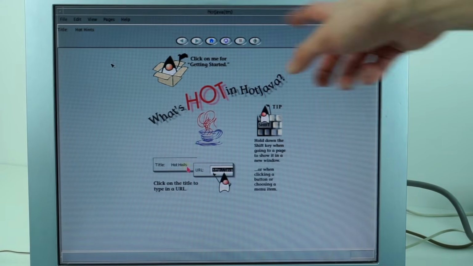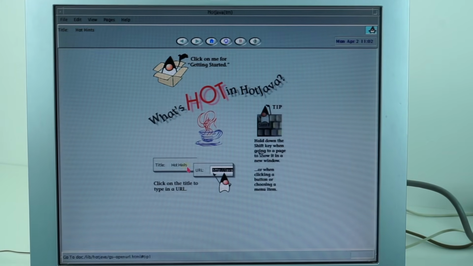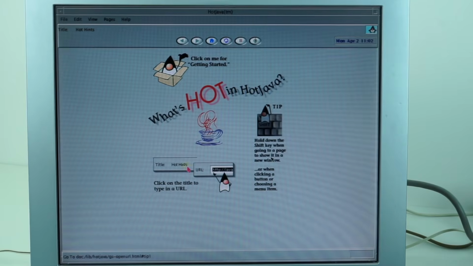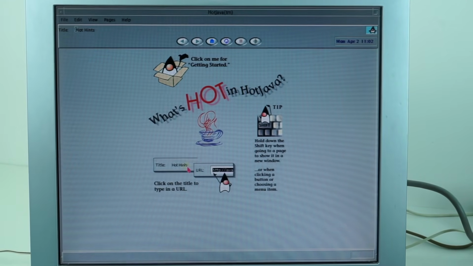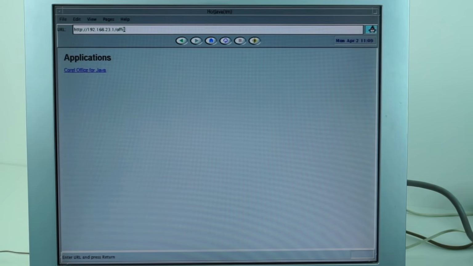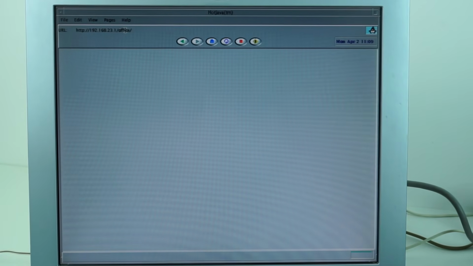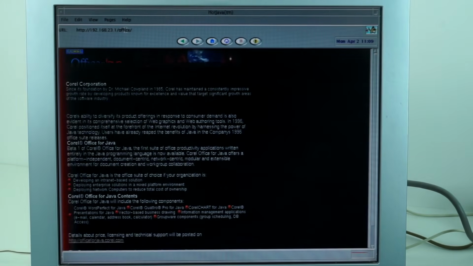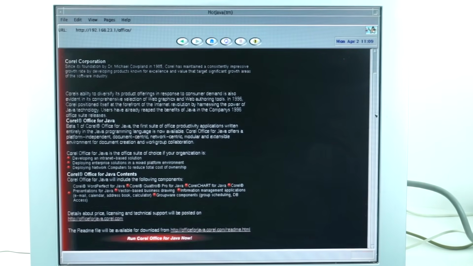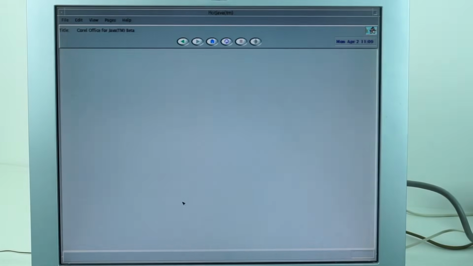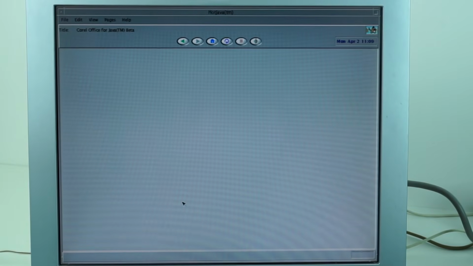Sun's Java OS was an embedded system based on a Java virtual machine that ran Java applications across a network. The Java platform, at the time still known as HotJava, had only been around for a year at this stage, and Java OS promised that it could run Java-based applications on anything from network computers to pagers, ATMs and set-top boxes, essentially taking PC hardware back to a thin client or a terminal design. And Sun released their own JavaStation hardware that ran Java OS, and if you want to check out more about that, have a look at Cameron Gray's brilliant video on this obscure bit of Sun history.